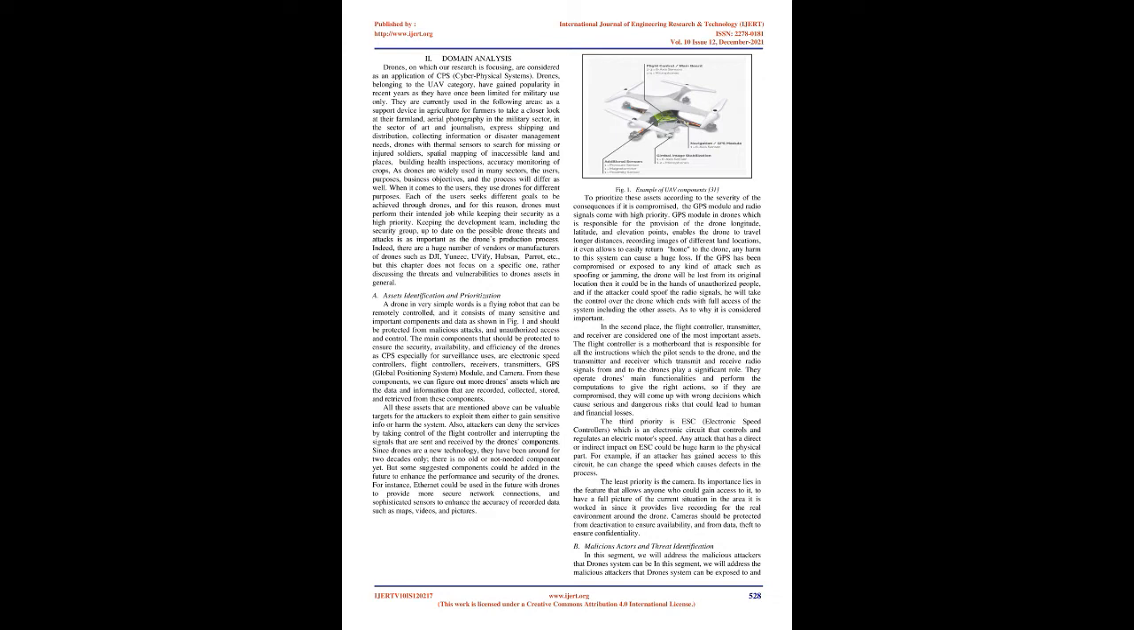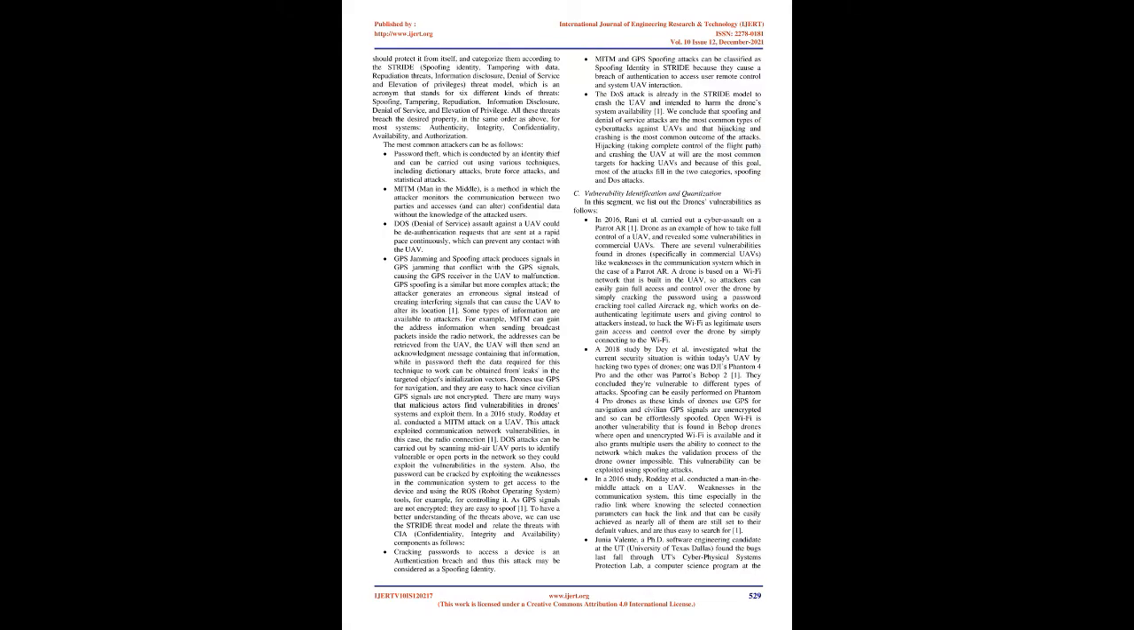In this segment, we will address the malicious attackers that a drone system can be exposed to and should be protected from, and categorize them according to the STRIDE threat model: spoofing identity, tampering with data, repudiation threats, information disclosure, denial of service, and elevation of privileges. STRIDE is an acronym that stands for 6 different kinds of threats: spoofing, tampering, repudiation, information disclosure, denial of service,